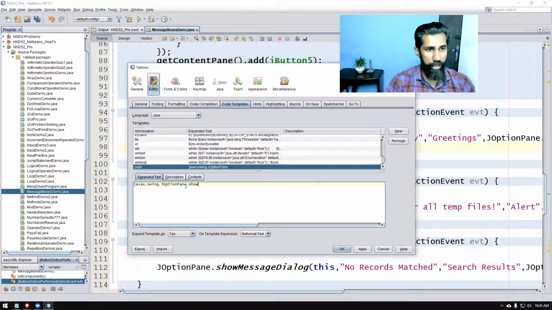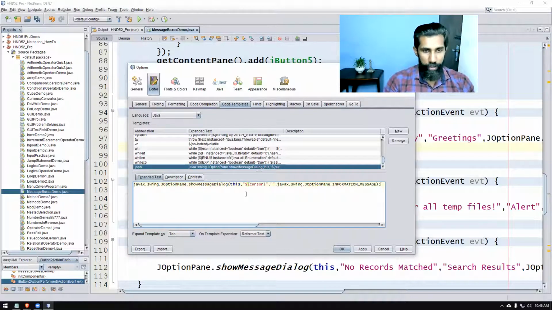So javax.swing.JOptionPane.showMessageDialog(this, "", javax.swing.JOptionPane.INFORMATION_MESSAGE). To bring the cursor there automatically, I will type dollar sign, open and close curly braces, and inside I'll say cursor. That's a way to get things done, right?